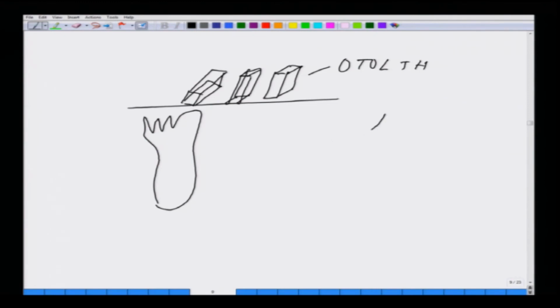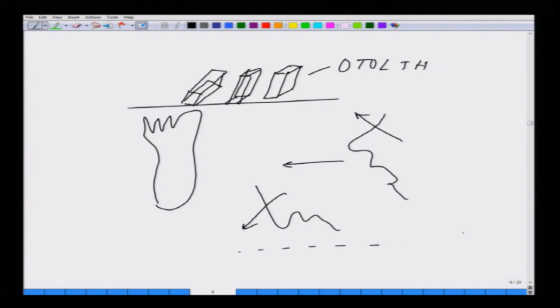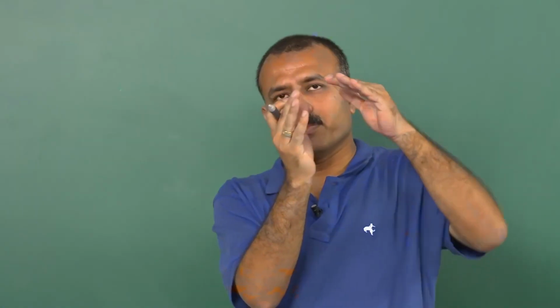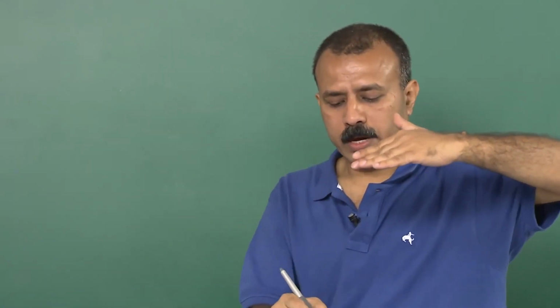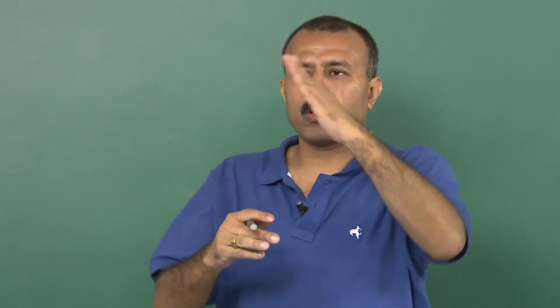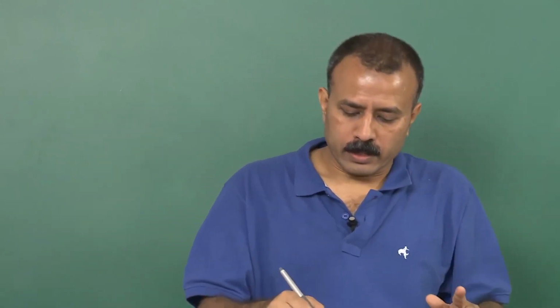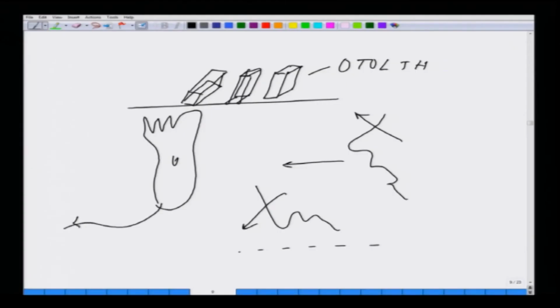Depending on whether a person is looking up like this, or looking down like this, or is in equilibrium like this, with respect to the azimuth or with respect to the plane, these small gelatinous matrix on top of the hair cells either become like this or become like this, and these are of course all connected to the brain,